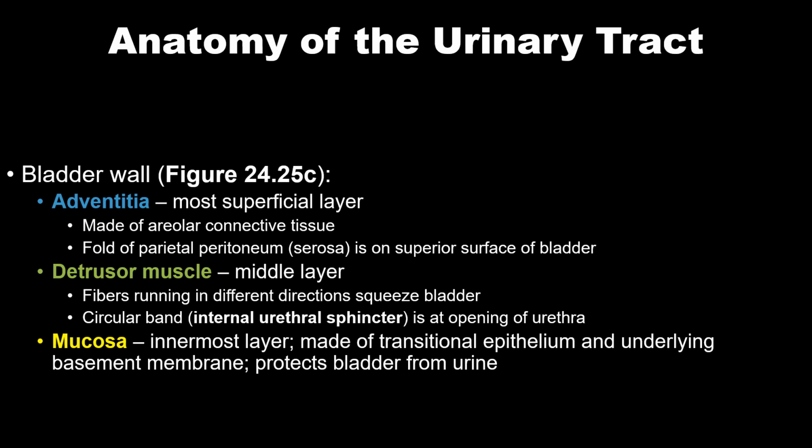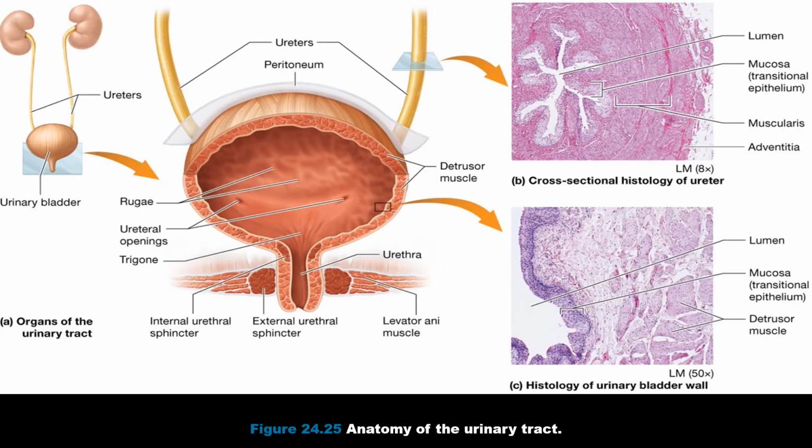Let's say what would happen if this urine wasn't present. We'll talk about that with interstitial cystitis. But let's look at this actual photograph and the illustration and this histograph of the urinary system here. You start with the ureters up here, and you have a cross section with the histology of the ureter showing